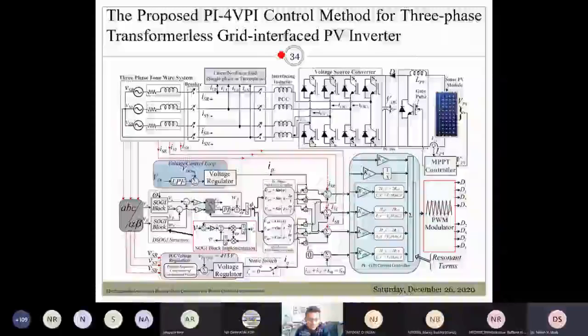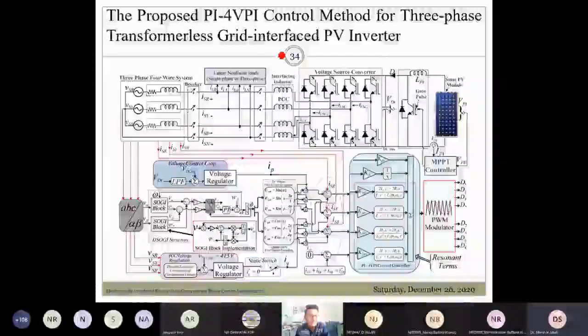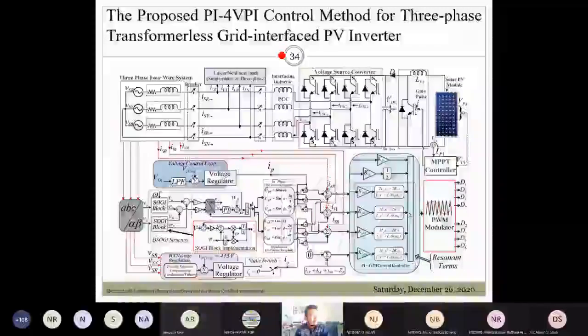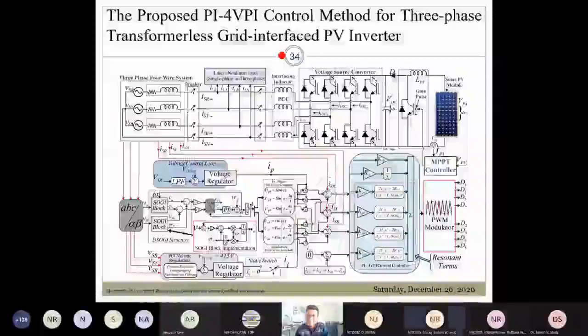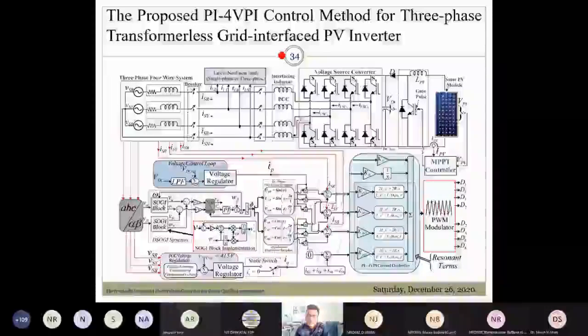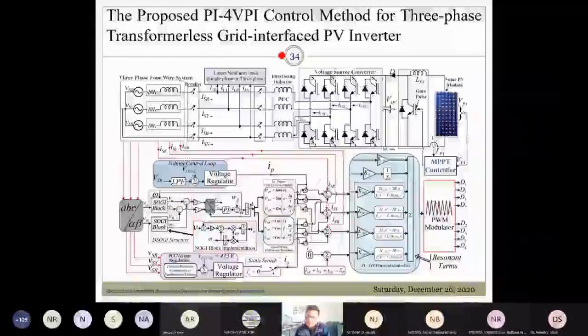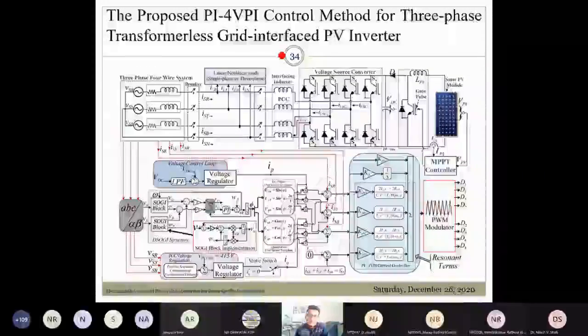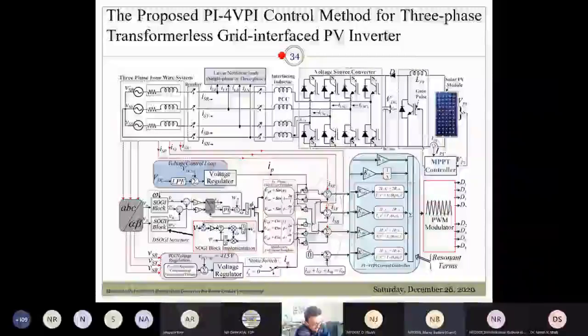Yeah, I got it. So what is the minimum sampling time you have chosen for your implementation with DSpace? Okay, so for this synchronous reference frame theory, I have implemented this control algorithm for 35 microseconds. And for this active current control, I have used 40 microseconds.